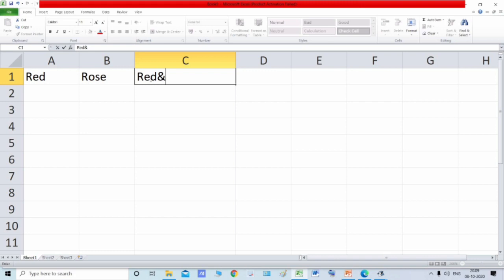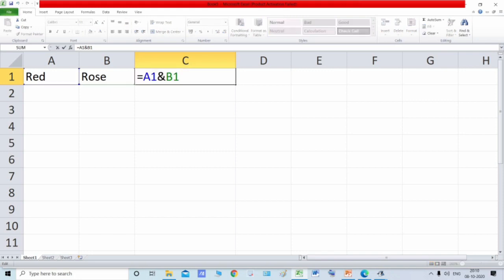So we need to write a formula over here, equal to, then the address of this cell, and then use this ampersand, and then the address of this cell, and then click enter. See, these two cells have been concatenated.